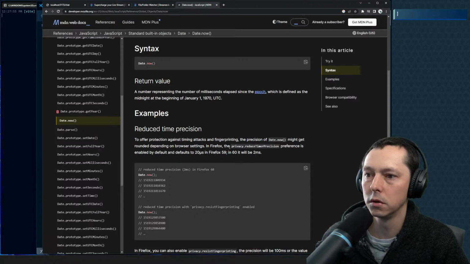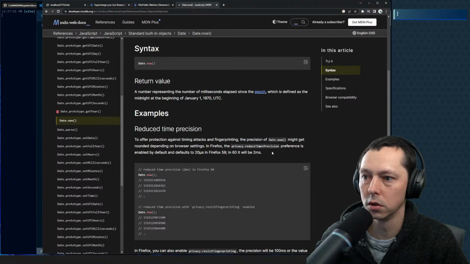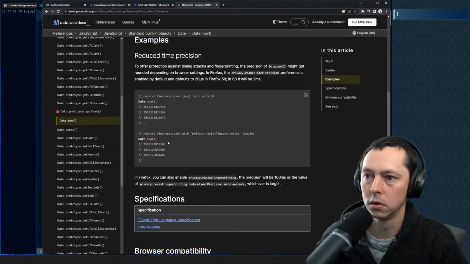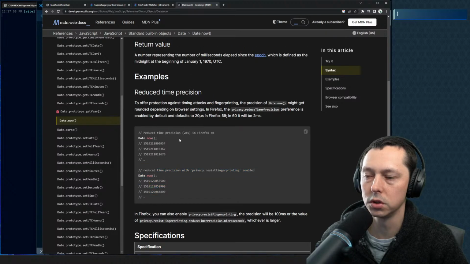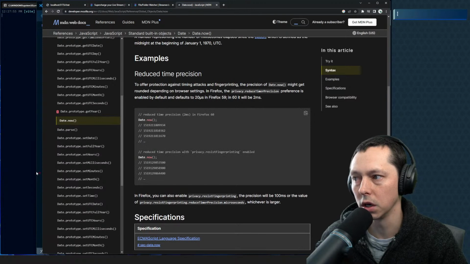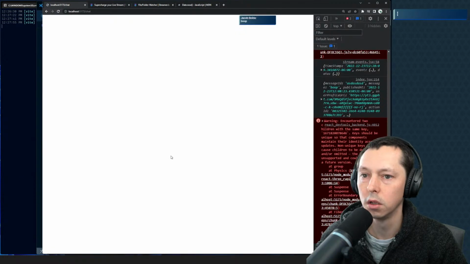The privacy reduced timer position. So reduced time precision to 2 milliseconds. It's possible that we have something like that in here. Because if we do it again,